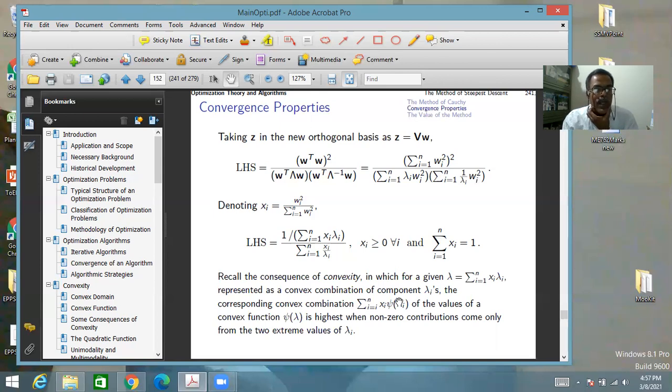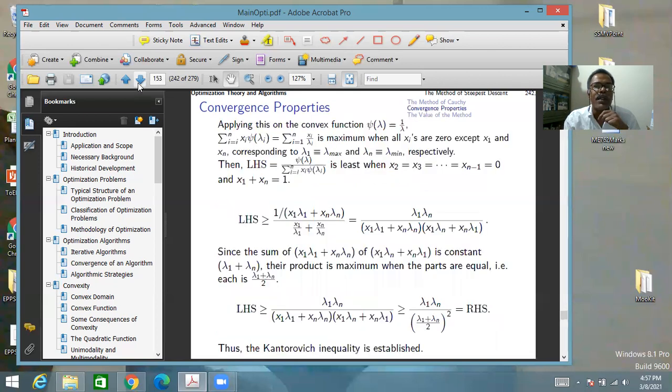Okay. Then this will be maximum and therefore the fraction will be minimum. So typically LHS would be greater than or equal to the case when you take that. And that is what we do here. Okay. So applying this on the convex function, sigma i psi lambda, 1 by lambda, this thing